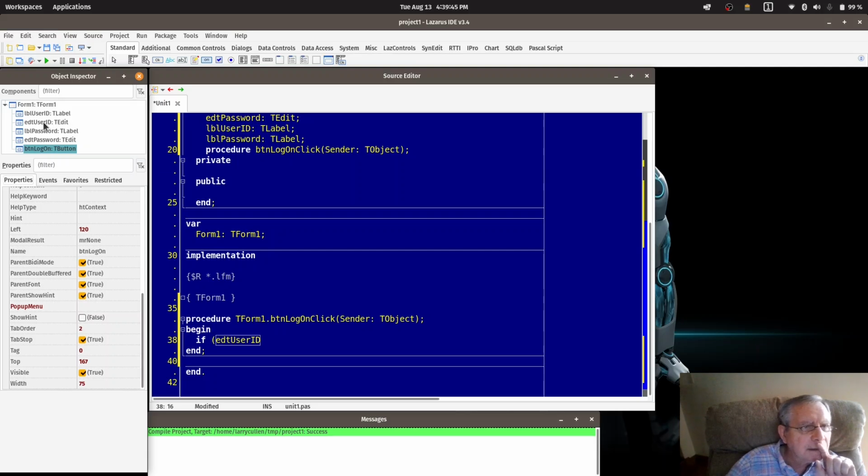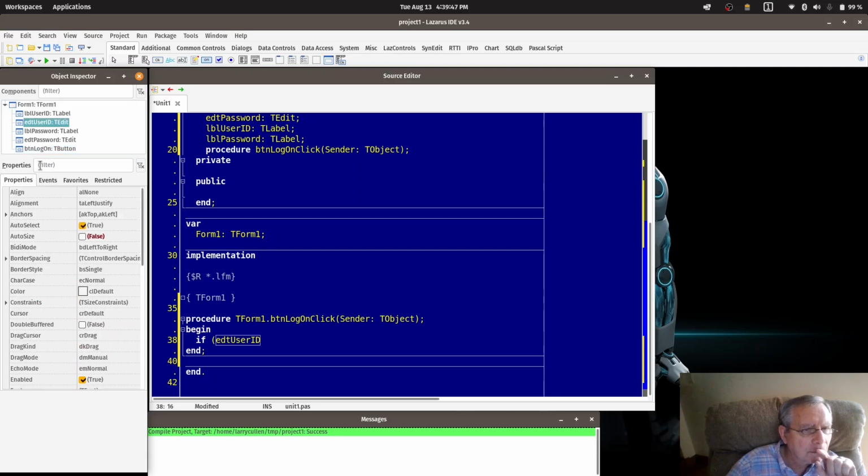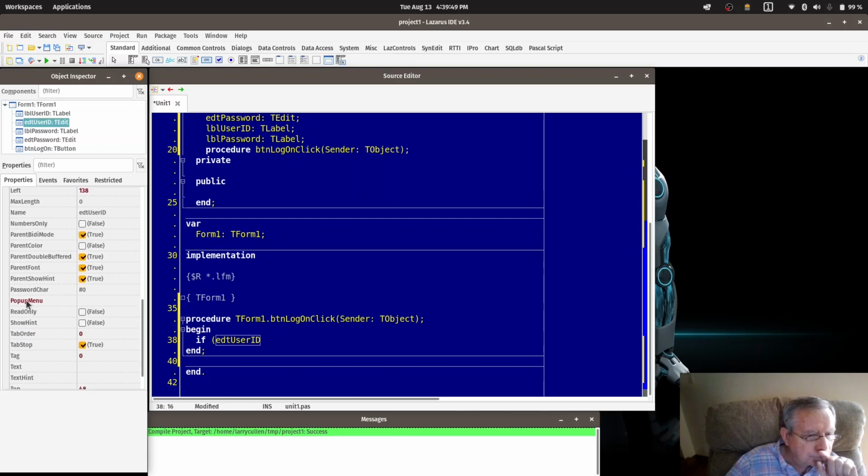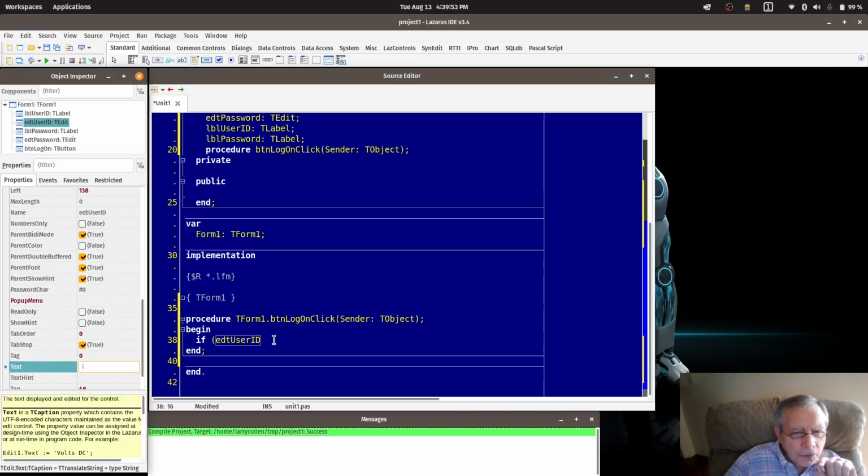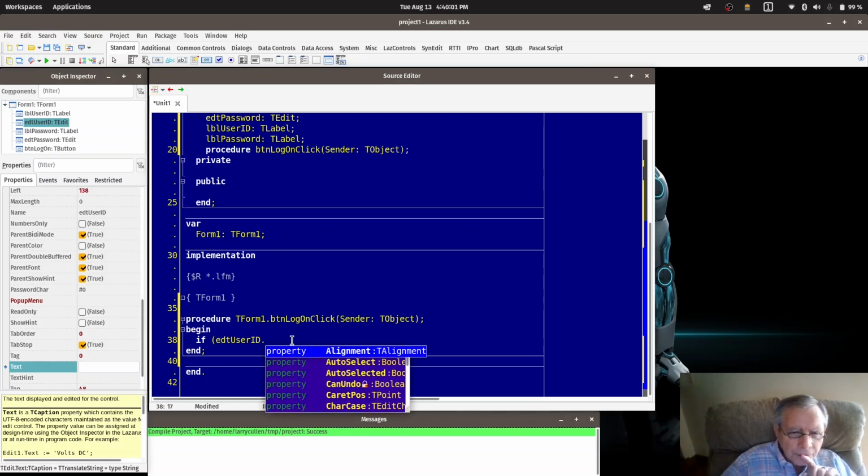Oh, I didn't select the, yeah, here it is, edit user ID. Text. So that's whatever's entered in that box is called text. All right. So we're going to type in a dot. And you'll notice a little properties menu pops up, and we can just scroll down here and find text